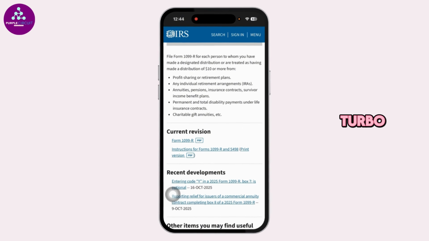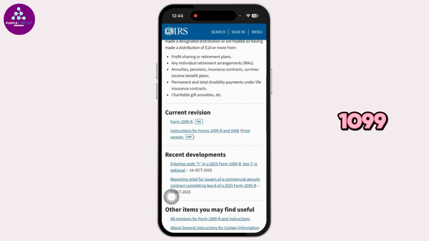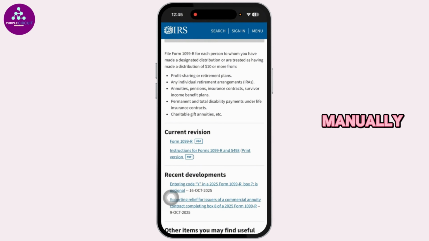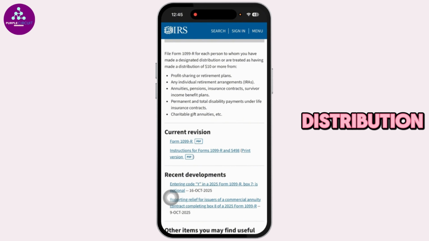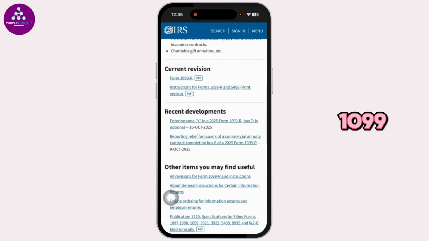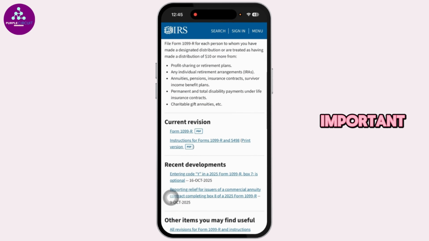Now, to enter it in TurboTax, you can either import your 1099-R directly, upload it from your PC, take a photo of it, or simply type the information in manually. Once you start entering the form, you will see box 7, which includes distribution codes. Make sure you enter these codes exactly as they appear on your 1099-R because they are very important for correct